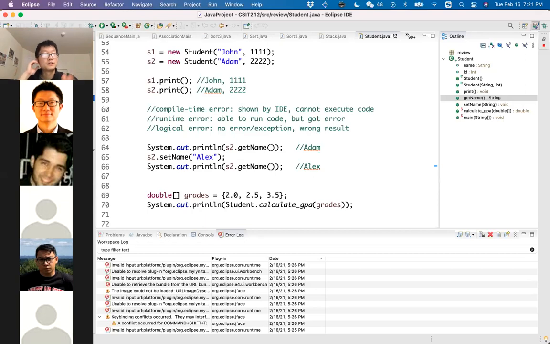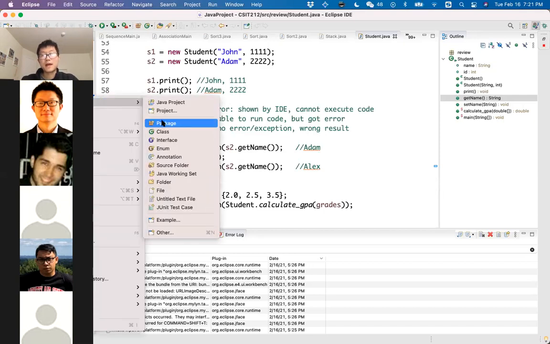It's going to be too junky to search for something. So in Java we have something called a package. You can take a package as a subfolder. We usually put the code with similar purpose under the same package and give it a package name.